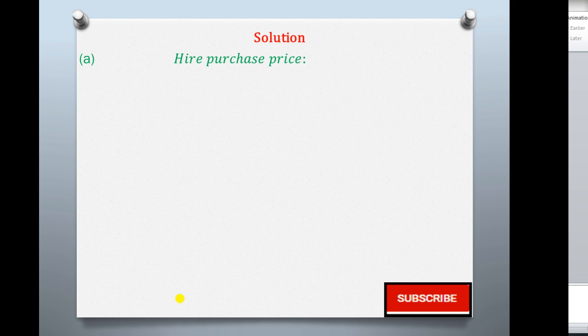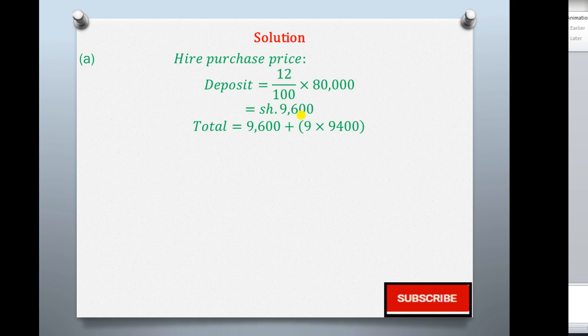In the first case, when you talk about hire purchase, they gave us conditions in the question. They told you that you have to first make a deposit of 12% of the cash price. So the cash price was 80,000. When you get 12% of 80,000, you come up with shillings 9,600. That is what you have to first deposit. Then on top of this, they told you that you're going to pay